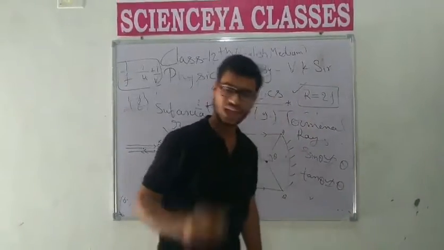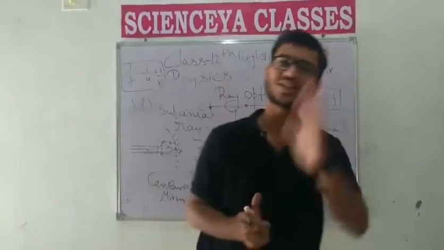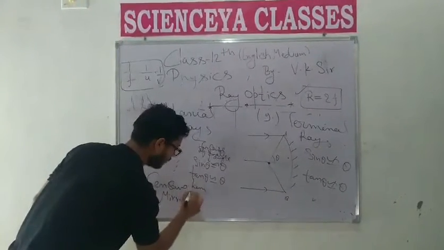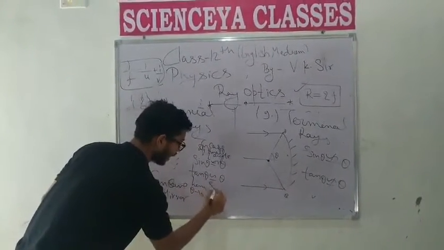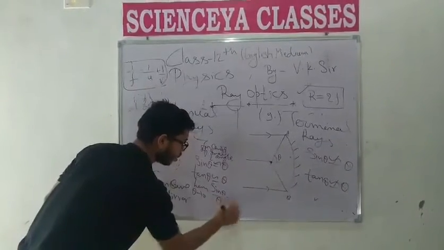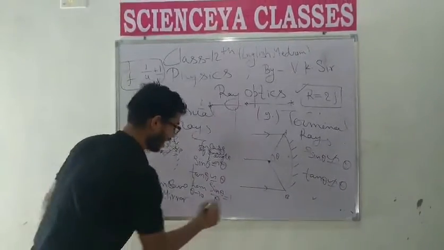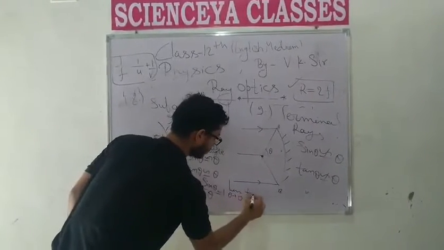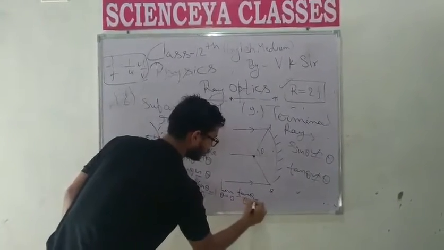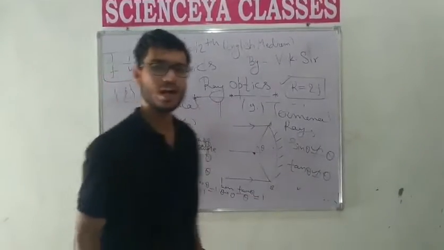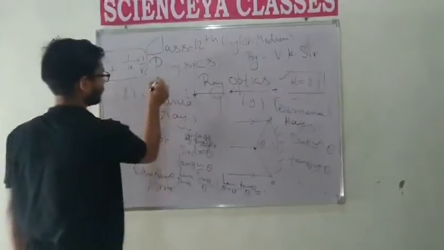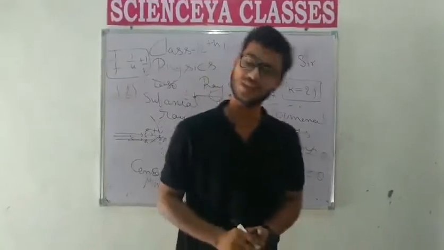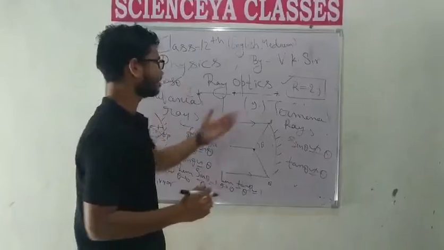Okay, students? And in mathematics, you have discussed that the limit of sin theta upon theta as theta tends to 0 is equal to 1. In a similar way, the limit of tan theta upon theta as theta tends to 0 is equal to 1. But in the case of cos theta, this is not applied here. So these are the basics.